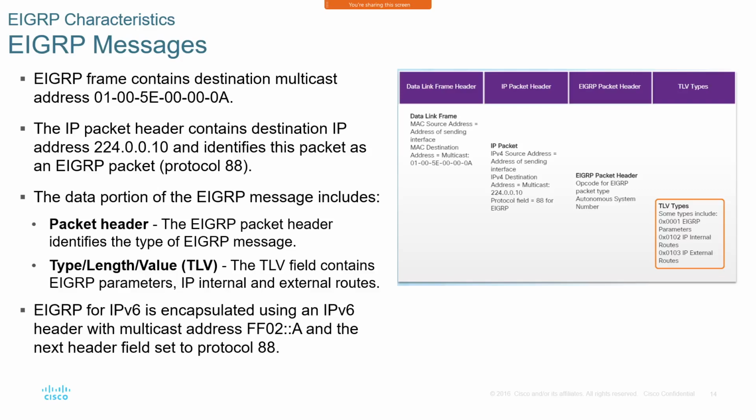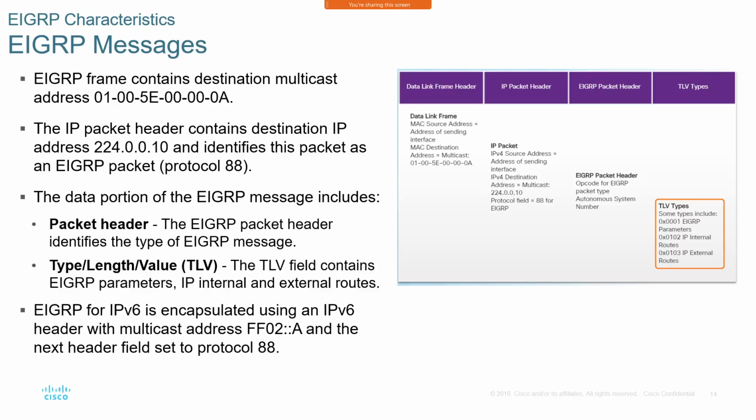In other words, we also need to build a frame, and we also need a destination address for the frame itself. It's going to be a MAC address, and this MAC address is 01-00-5E-00-00-0A. That is basically what's going to be the destination MAC address for all the routers that are participating in